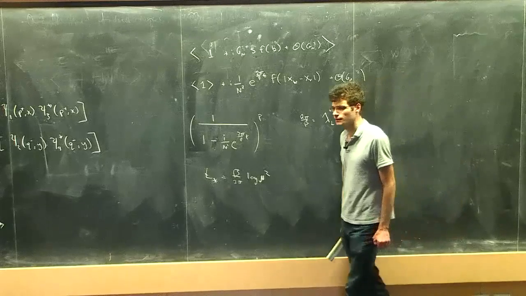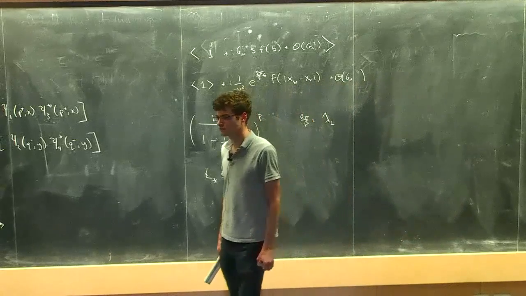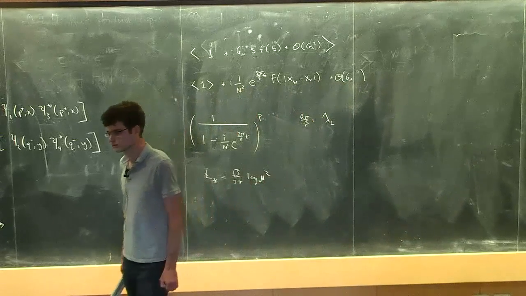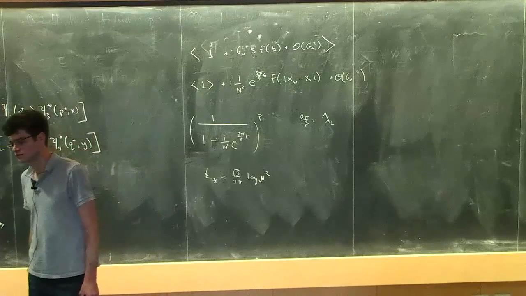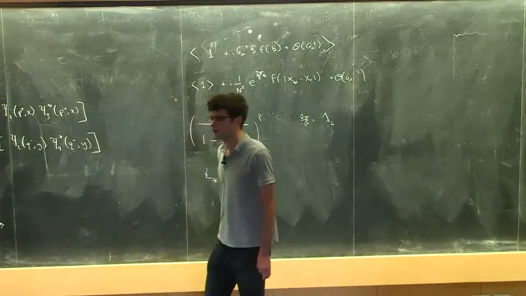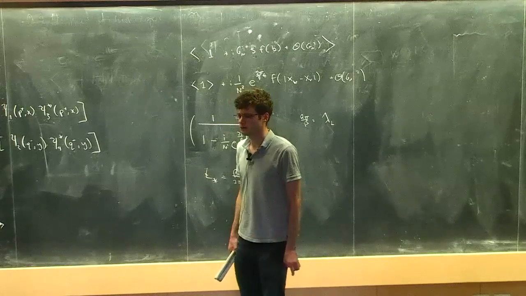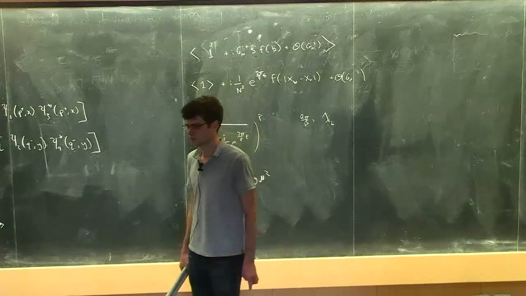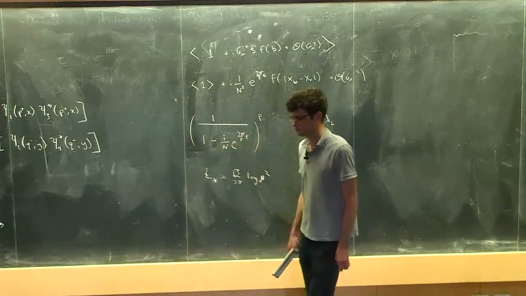As a technical point, based on what you said about the Hawking-Page phase transition, did you really need this to be a thermal state, or could you work in a typical state in the microcanonical ensemble and claim that it's valid quite a bit below the actual Hawking-Page temperature? That's a good point. Yeah, you could do that, that should be true.